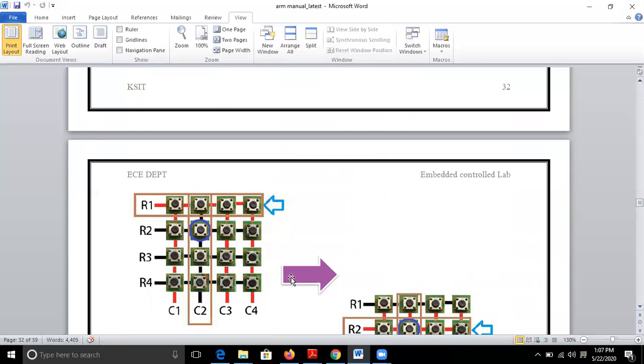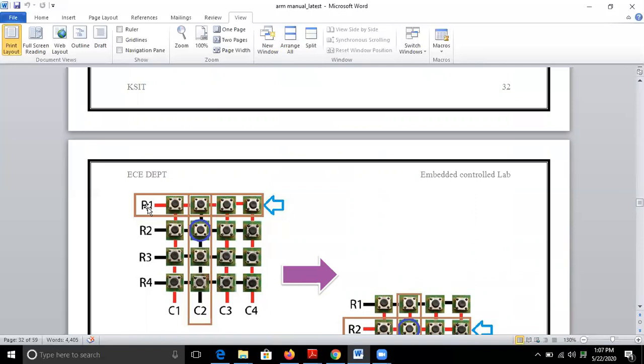Because the key pressed does not belong to the intersection of R1 and C2, C2 will still give a value of logic 0 only, right? So that means the key pressed does not belong to row 1.